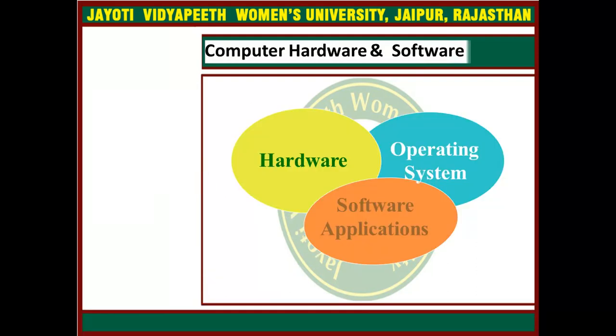And you can see in this diagram computer hardware and software. You all know what exactly software and hardware are, and the operating system. So there is the coordination or combination of things from which we can perform our tasks, we can perform our process. So all the things are required. Okay, so they are interconnected, you can say.